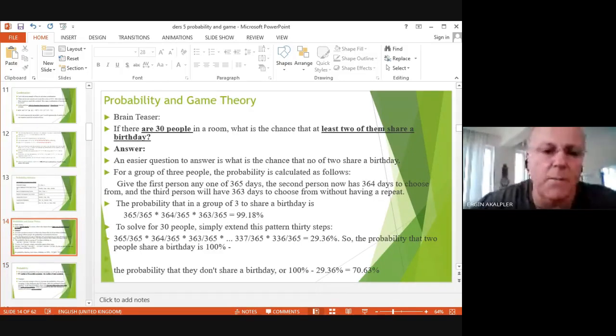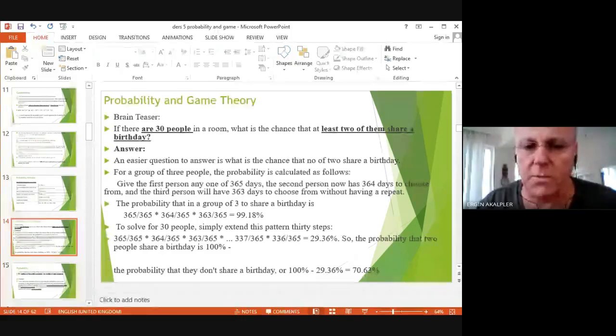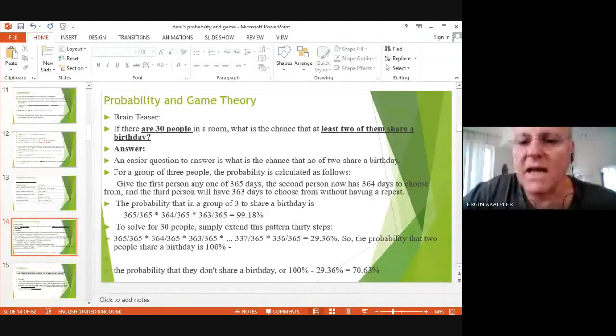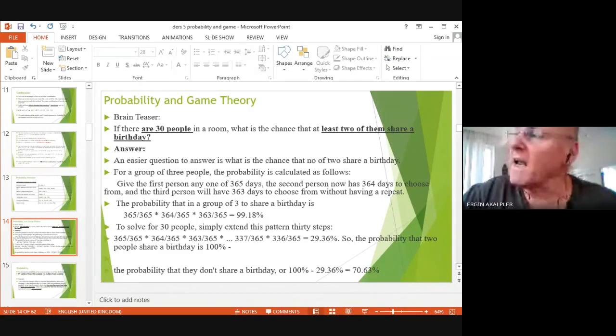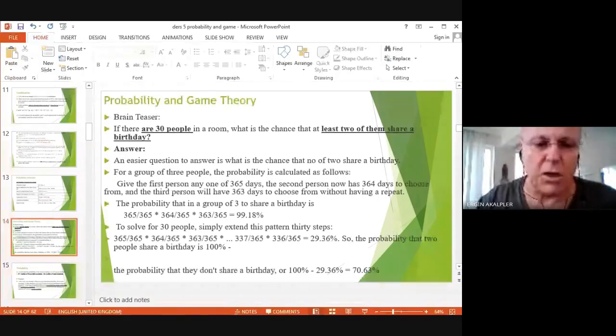Let's look at this example again. The brain teaser is supposed to be: there are 30 people in a room, and the question is the chance that at least two of them share the same birthday. Of course, the easier question to answer is the chance that no two share a birthday, given 30 people. Therefore, we have to create this scenario